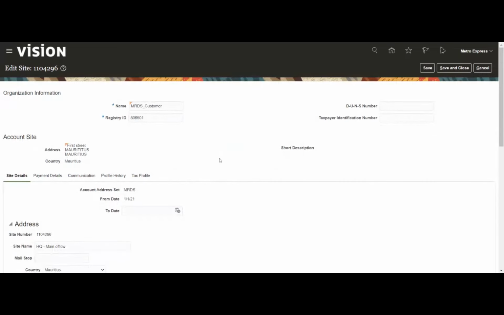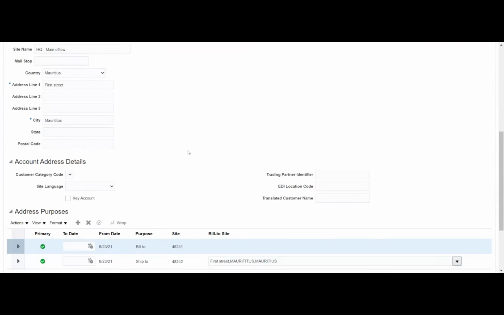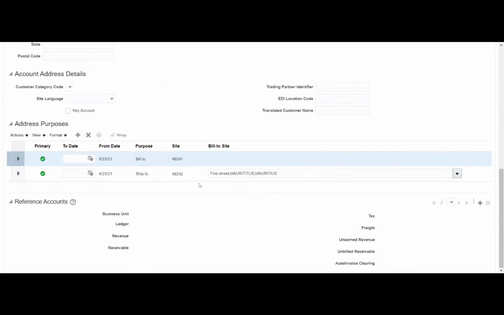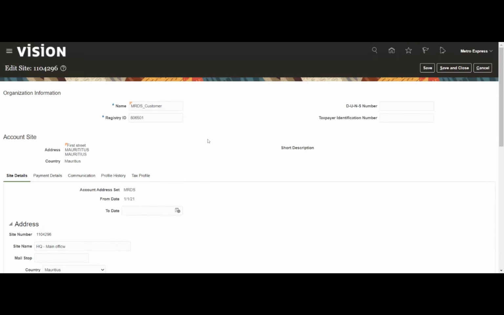Okay, so I'll show a few options that we have under site. A similar thing we had there as well, but I'll just show it from here. Okay. So when we are defining the auto accounting rule, we had an option called site. Site is nothing but the customer site, where we will define those accounts. So we will say this is a reference account, and we will give access to this particular business unit.